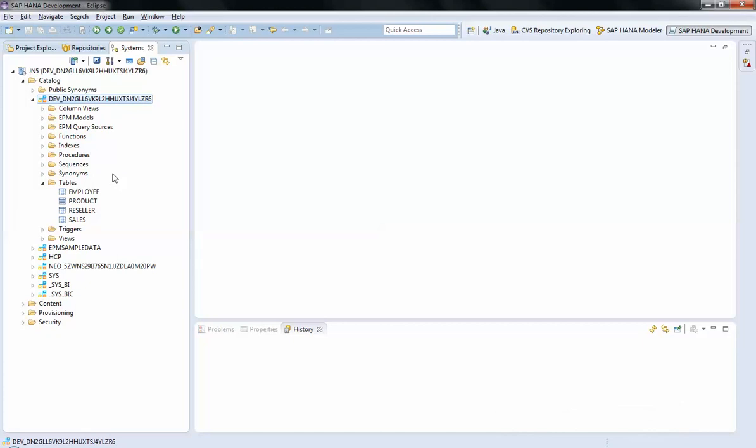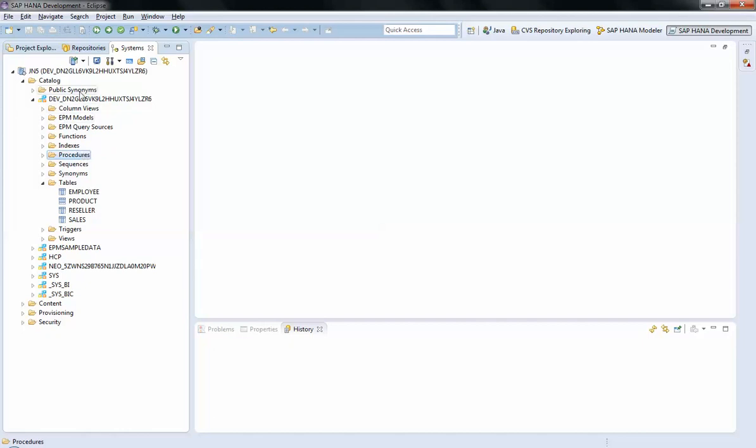In SAP HANA, only physical tables actually carry the data, and all the information models created in the modeler are saved as database views only. Okay, so if you expand this node, you will see a list of all the schemas which are used to categorize tables according to the customer defined groups. In other words, these schemas are used to group the tables into categories which have some specific meaning to the user. So each schema contains a folder for column views, for procedures, for tables, for views, and the schema with your username,